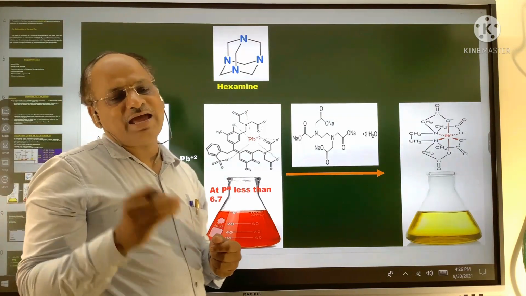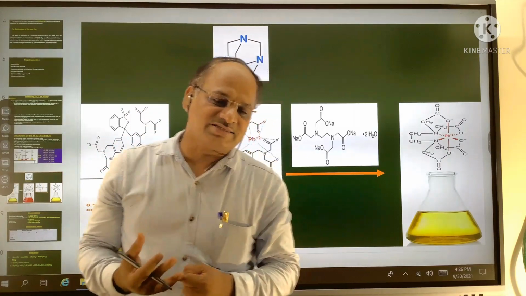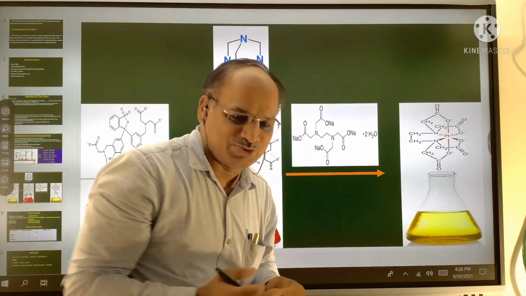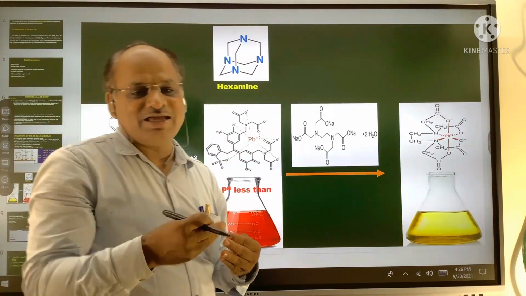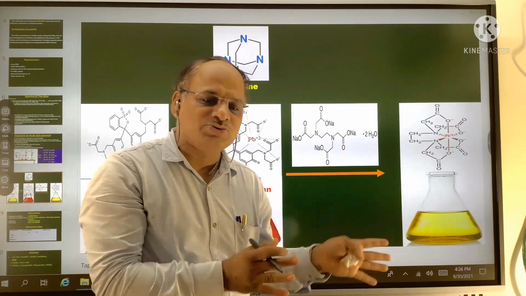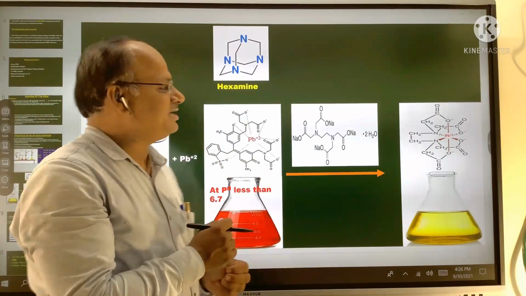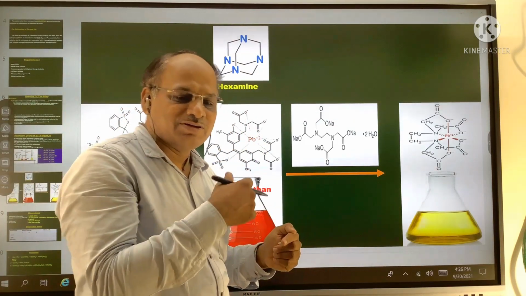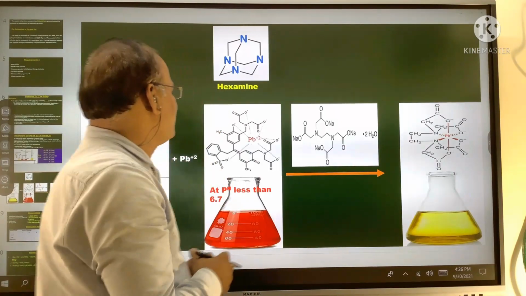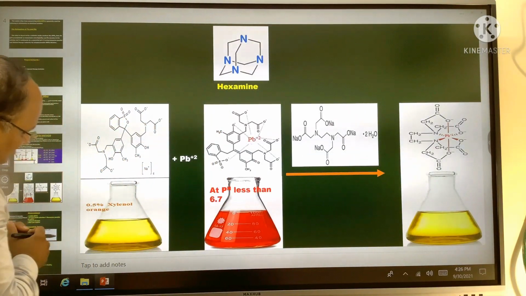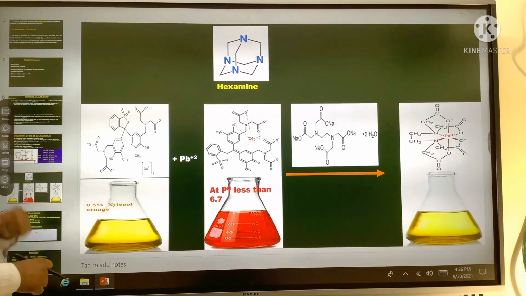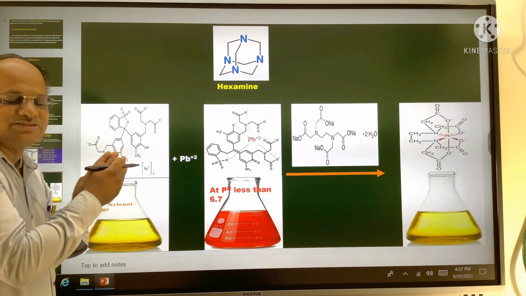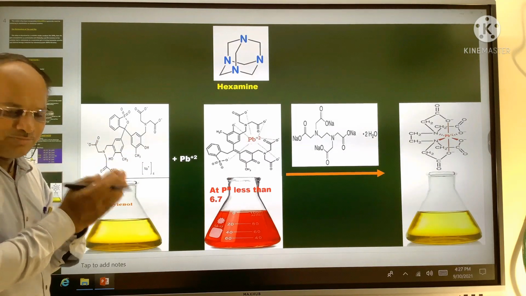If you add the hexamine in an acidic medium, hexamine reacts with that acid and forms ammonia. That ammonia increases the pH of that solution. Okay, because earlier, due to the addition of the HNO3, that solution is acidic in nature, and therefore if you add the hexamine powder, the pH will increase because it decomposes to form ammonia. Then here you see, if we add the xylenol orange indicator in that lead solution, here you see why I have taken the sodium salt of the xylenol orange, because the solubility is more.